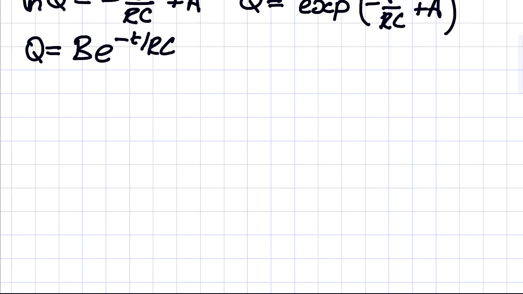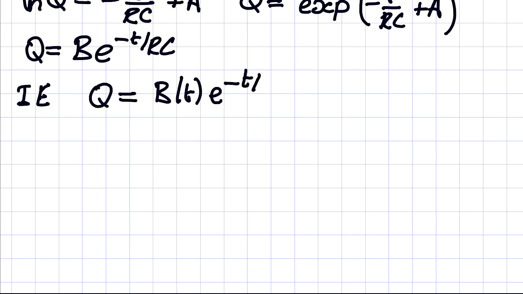So I'm going to say that for the inhomogeneous equation, Q is B of t times e to the minus t over RC. And I'm going to substitute this into my inhomogeneous differential equation. But before I can do that, I need an expression for dQ/dt. So using the product rule,